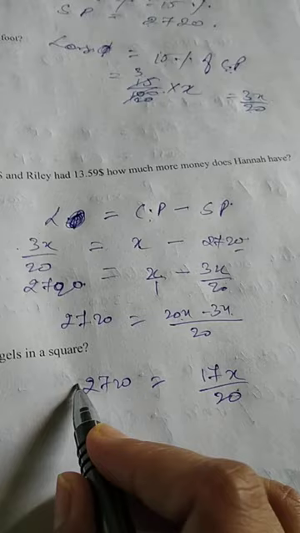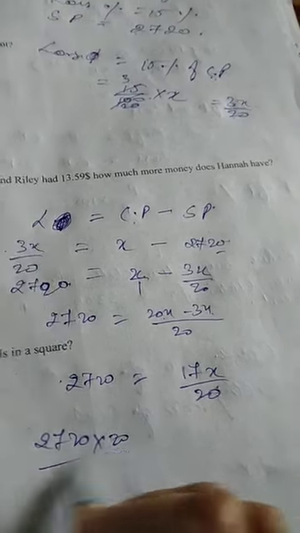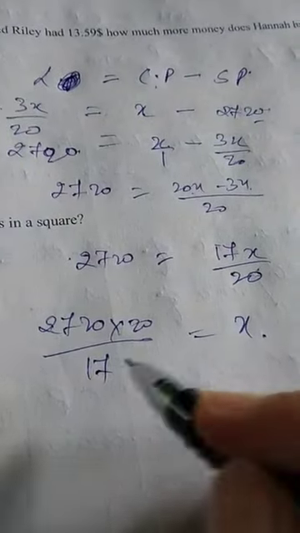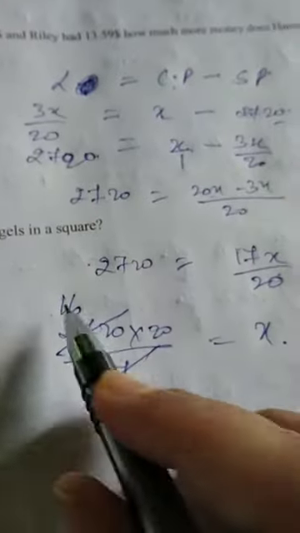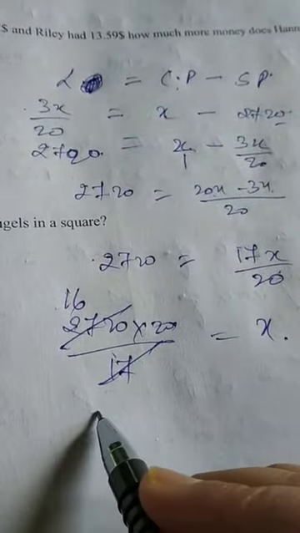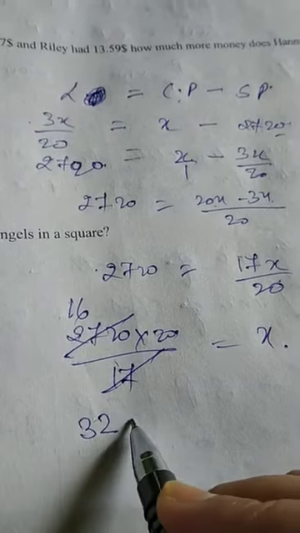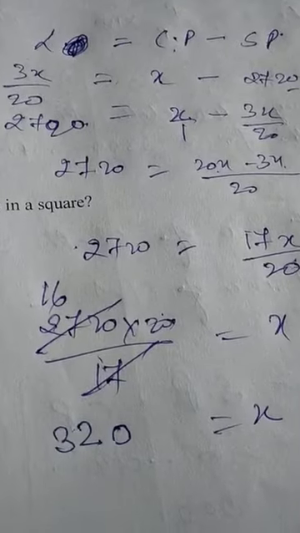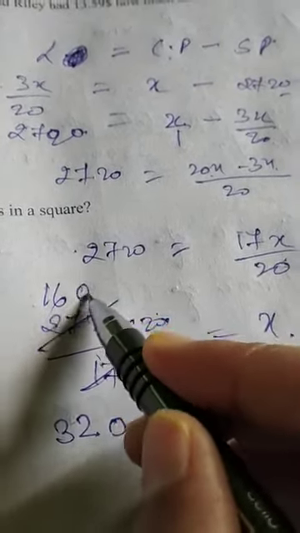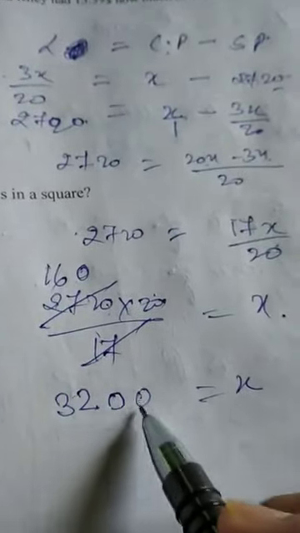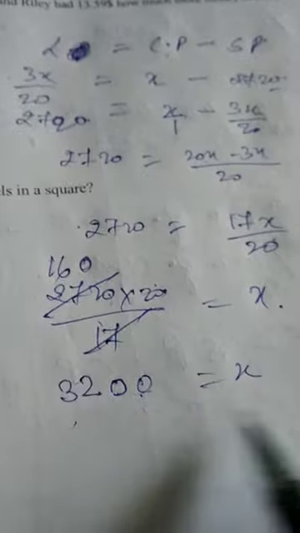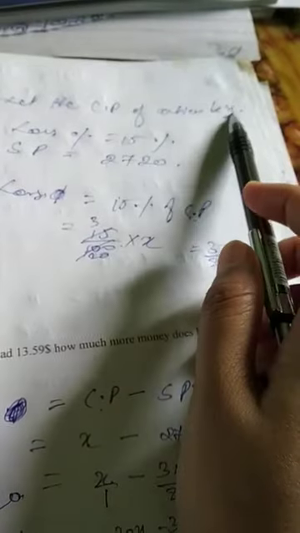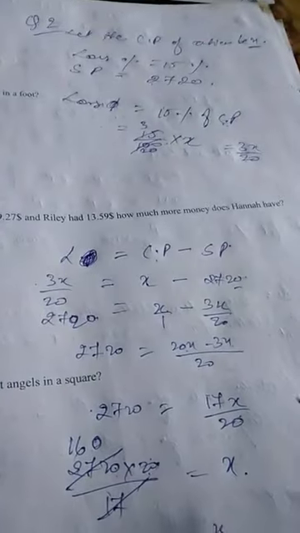Then this 20 is in divide, it will go this side, it will come in multiply, and this is in multiply, it can come down. We can get the value of X by cancelling it. We can cancel this by 16 times. 17 into 16 we will get this, okay. So 16 2s are, and this 0 will come here, okay, and 272. This 0 will be left here, okay. So 0 0 we will get here 20, and 16 2s are 32. This is the value of X. X means cost price, as we have let the cost price as X. So in the same manner you have to do the other questions also.